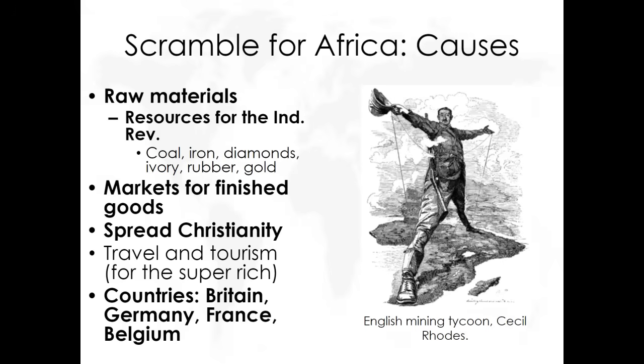So for imperialism in Africa, sometimes, by the way, it's called the scramble for Africa. Same thing. I think a scramble, they're all kind of like competing. Europeans are competing to take different parts of Africa. What they're looking for is going to be raw materials. So remember, this is the 1800s, same time period as the Industrial Revolution. So think about what literally fuels the Industrial Revolution. Coal. Africa has a lot of coal, has a lot of iron. Then there's some more luxury goods, diamonds, ivory, and gold.